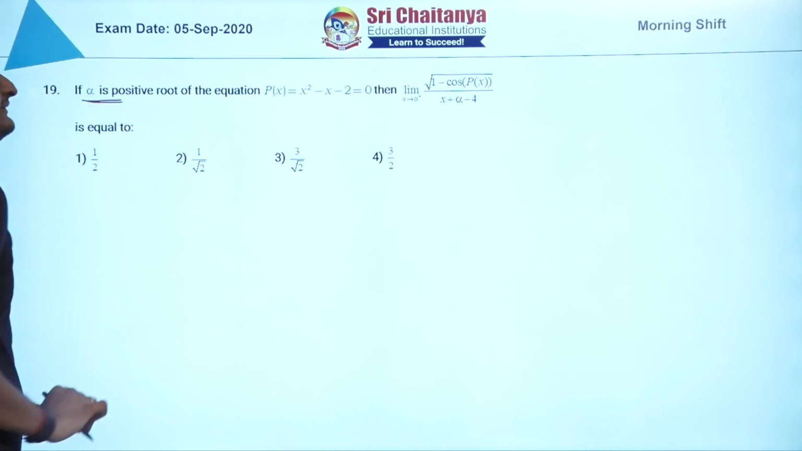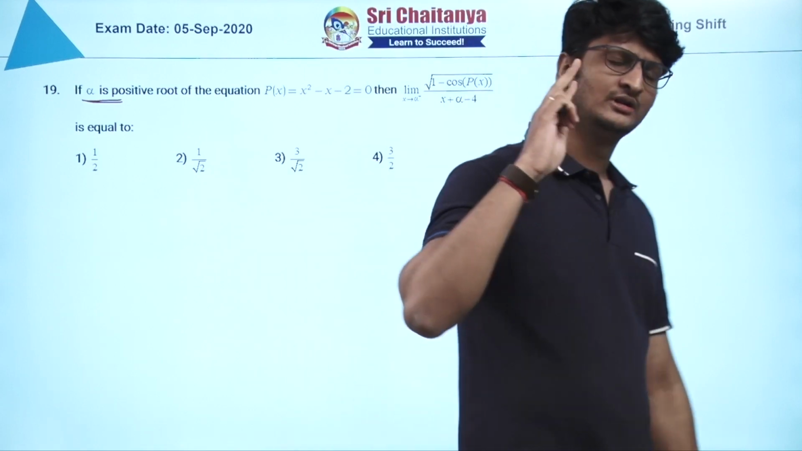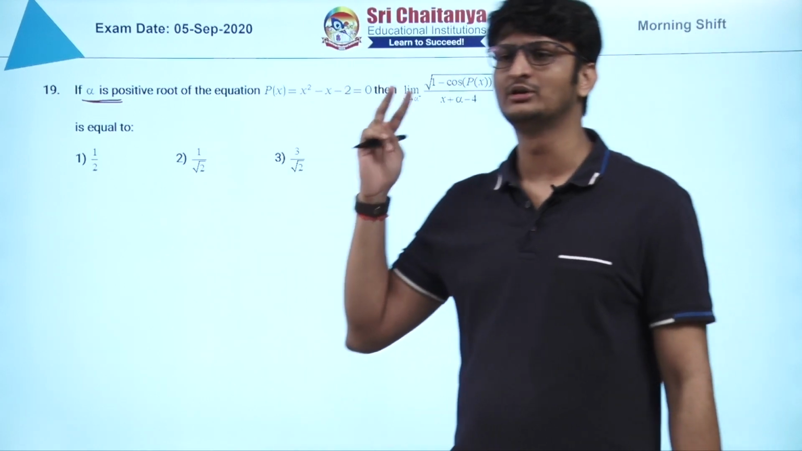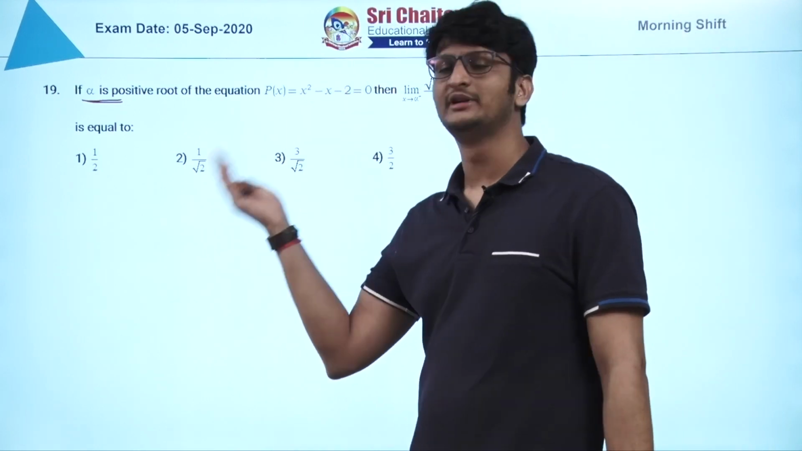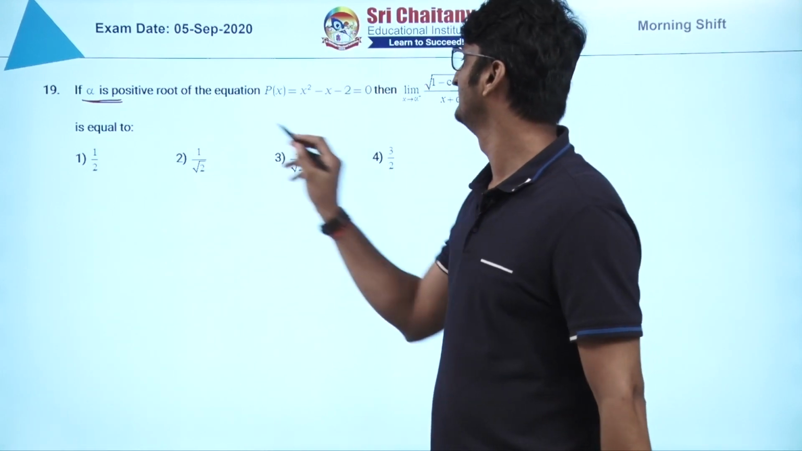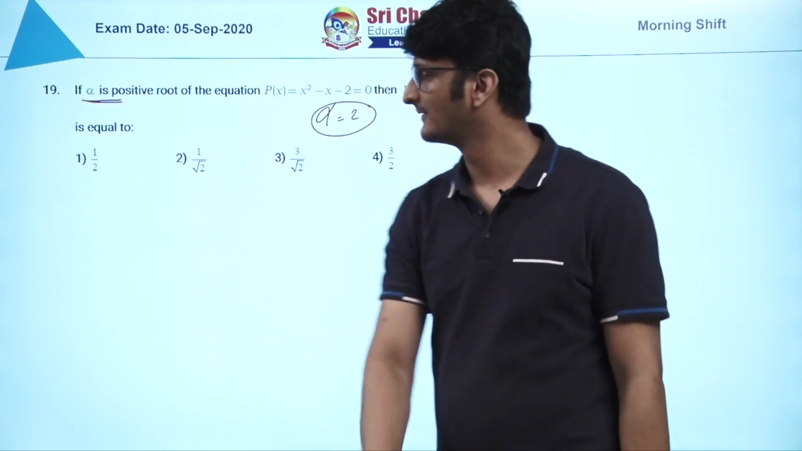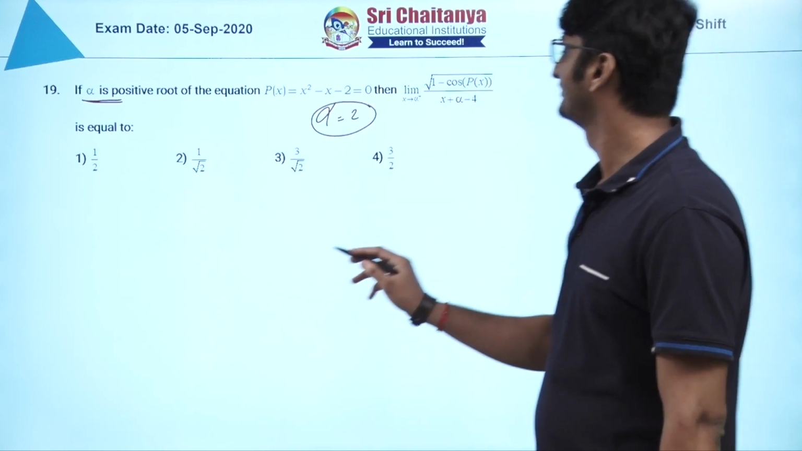Alpha is the positive root of the equation. There are 2 roots. It is observed that one root is positive, one root is negative, one root is 2 and the other root is minus 1. So, obviously alpha will be equal to 2, the acceptable root will be 2, the positive root. Here let us see here,